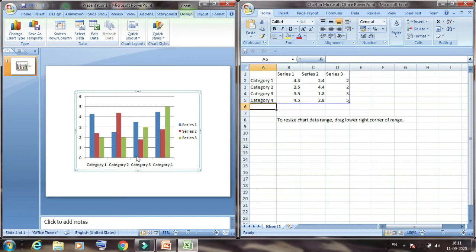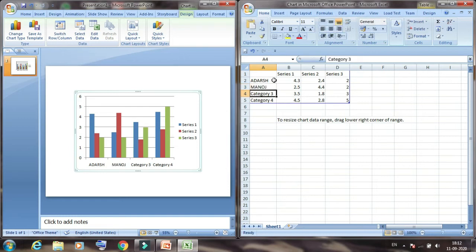Then we will edit some entries, and we will make a report card for the students. First we will update some entries in this Excel. Under category 1 we will write the name of a student. Suppose the first student's name is Others. Then the second one, Manoj.